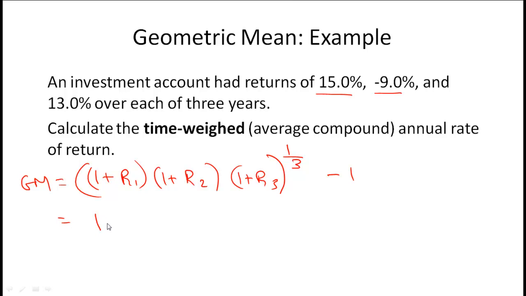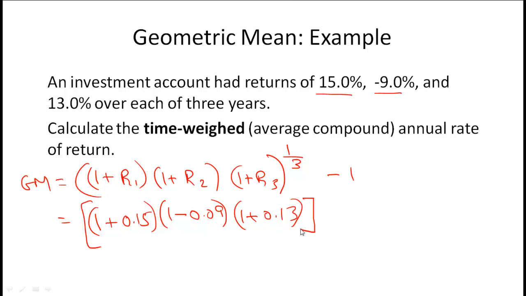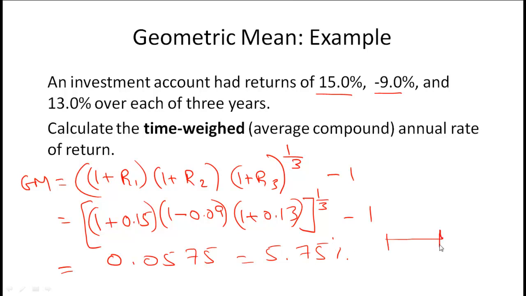So geometric mean is (1 plus R1, which is 0.15) into (1 plus R2, which is actually, a minus 9% return means that you do 1 minus 0.09) into (1 plus R3). R3 is 13%, so you do 1 plus 0.13, and all this will be raised to the power of 1 over n. N is 3, so 1 over 3, minus 1. When you do this calculation, you will get 0.0575, which is equal to 5.75%. So what this is basically saying is that over the 3 years, your annualized growth rate was